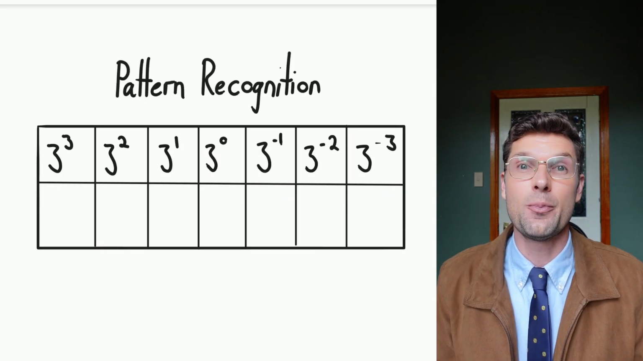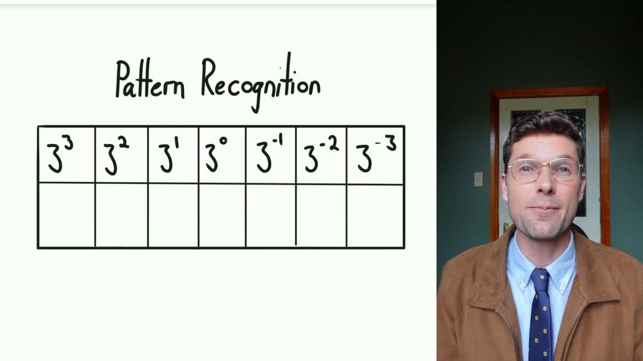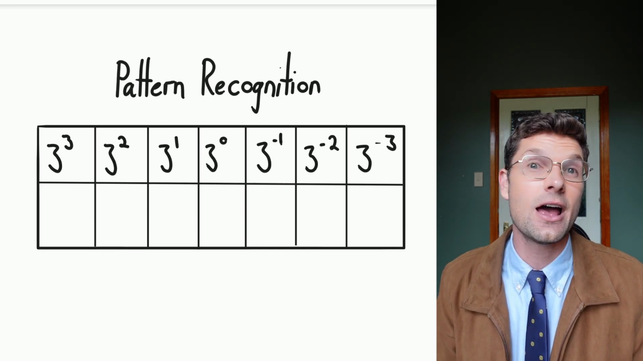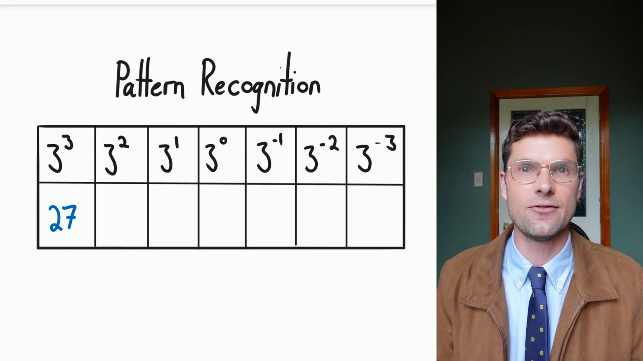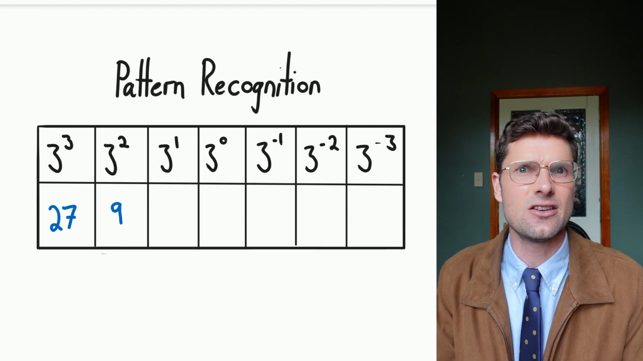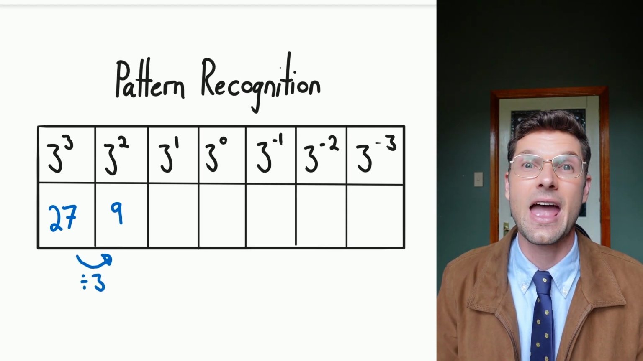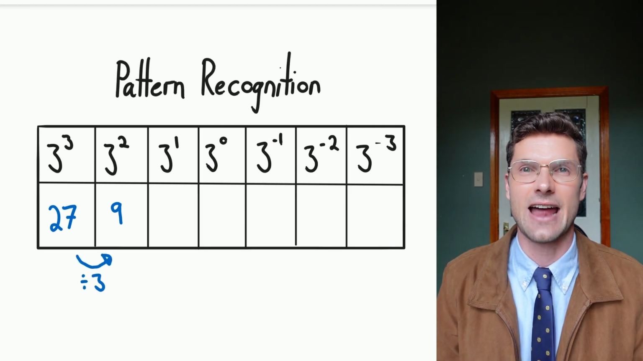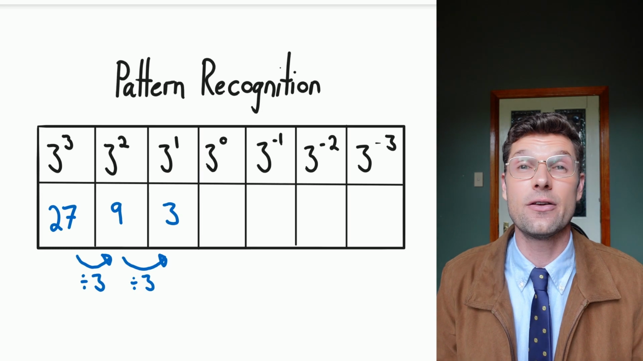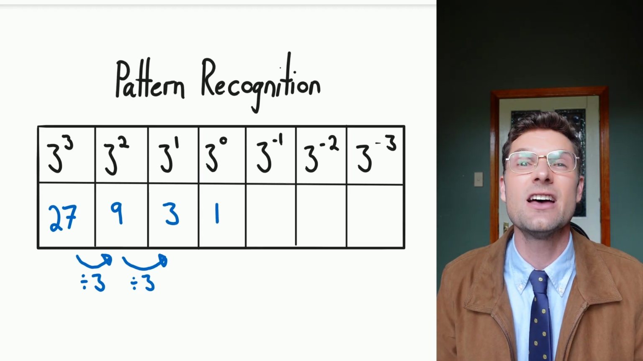ways. The first way is through pattern recognition, and we're just going to see what happens as we get towards 0 and then go into our negatives. 3 to the power of 3 is equal to 27. 3 to the power of 2 is equal to 9. To get from 27 to 9, I have to divide by 3. And we're going to see this pattern continues to happen. Then 3 to the power of 1 is equal to 3. Divide by 3 again, and 3 to the power of 0 we know is equal to 1, so it's another